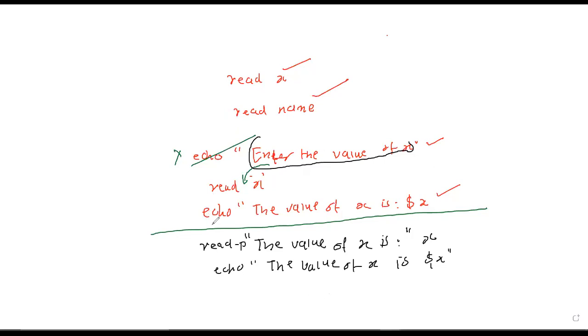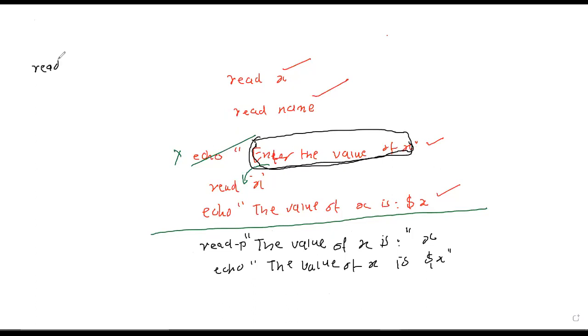Okay, so here what happened? We write the script in 2 lines. We avoid the first line. But if you want to ask the value of x from the terminal, then you have to write "enter the value of x" here only. Okay. Now please pay attention. Everyone, please pay attention. See what I told you.